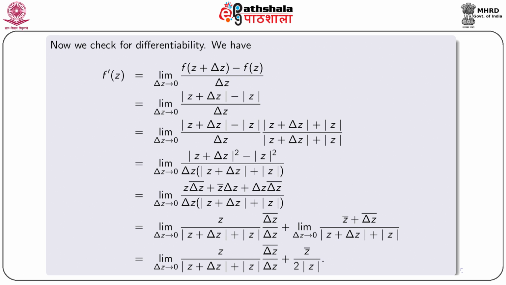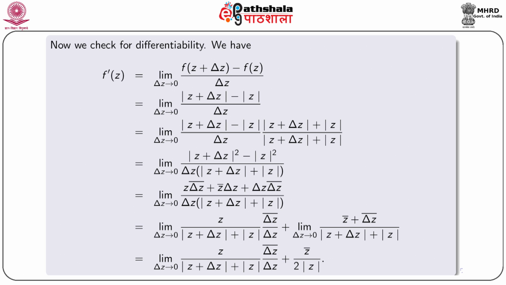We have by definition of differentiability f'(z) equal to limit del z tending to 0 of (f(z plus del z) minus f(z)) by del z. Since f(z) equal to mod z, we get f'(z) equal to limit del z tending to 0 of (modulus z plus del z minus modulus z) by del z, and that is equal to limit del z tending to 0 of (modulus z plus del z minus modulus z) by del z into (modulus z plus del z plus mod z) by (modulus z plus del z plus mod z), which is equal to limit del z tending to 0 of (modulus z plus del z square minus modulus z square) by del z into (modulus z plus del z plus modulus z),